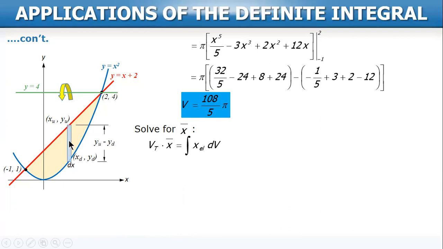Our x sub EL for a vertical strip, if you can remember in Centroid area, for a vertical strip, x sub EL is simply equal to x. Same result in this circular ring. So,